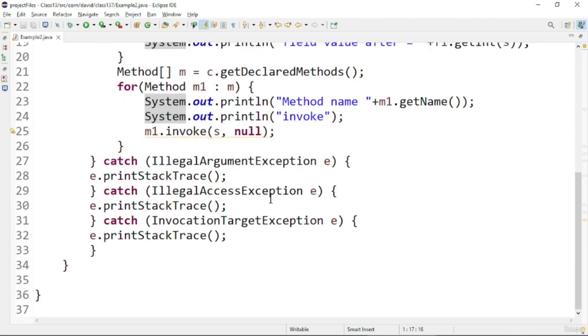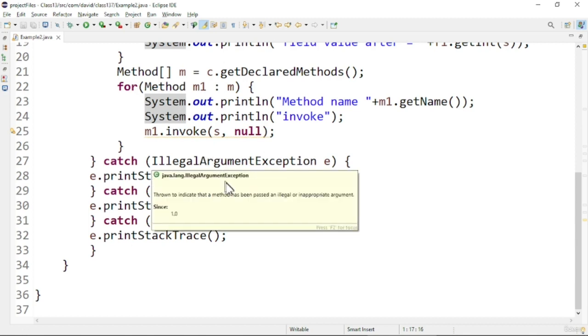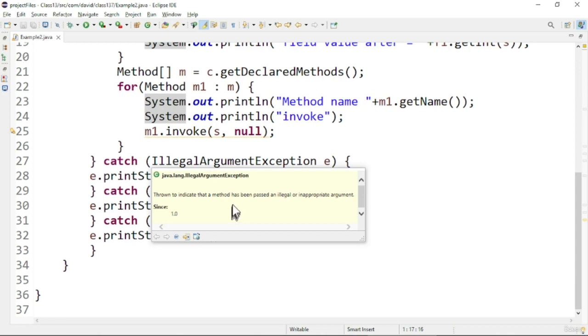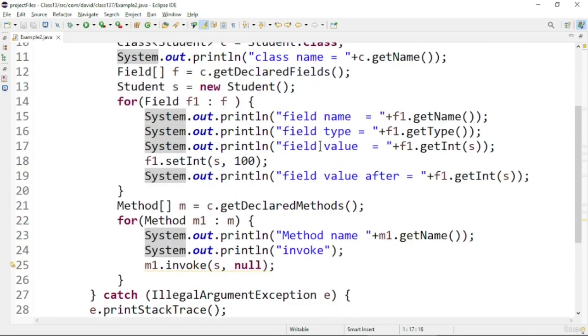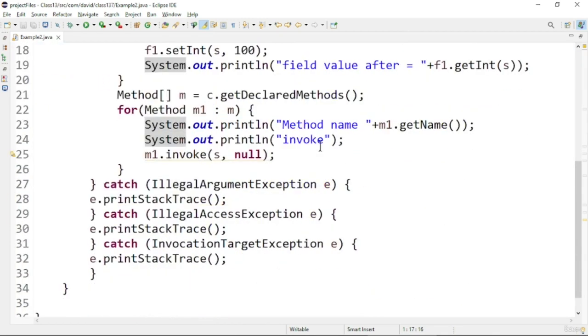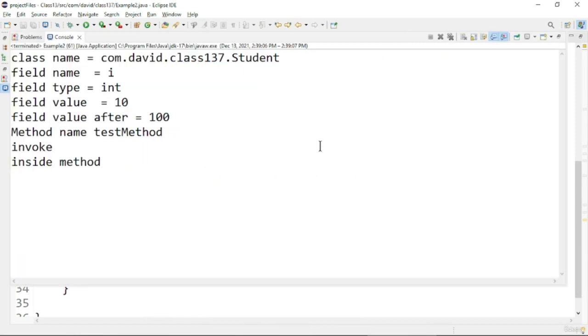Let us see the output of this program. Before the output, let us see some of the exceptions which occur and which I need to catch. Here you can see all the different kinds of exceptions occurring due to the code we saw above. So that is it about the programs related to Reflection API. Now let us see the output. Here we can see each value is getting printed. One thing to notice is that field values are printed and populated correctly, and the method is getting invoked. Whatever code we have written inside the particular method, it is invoking.